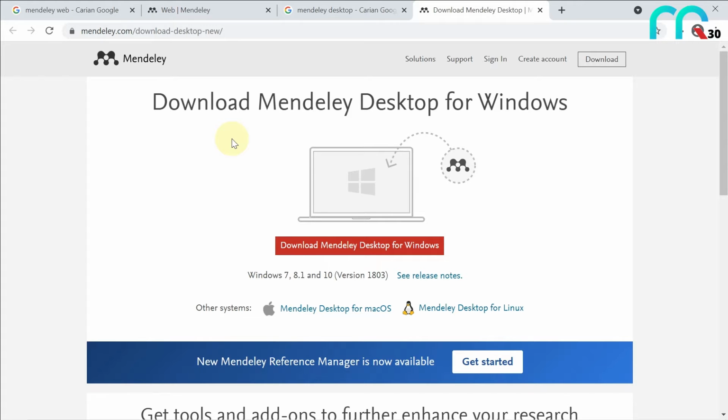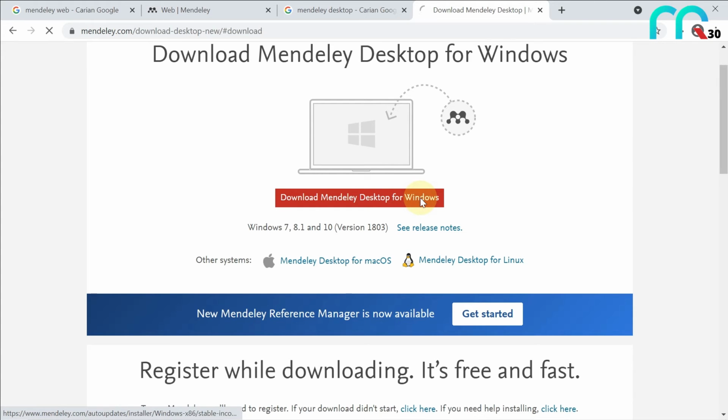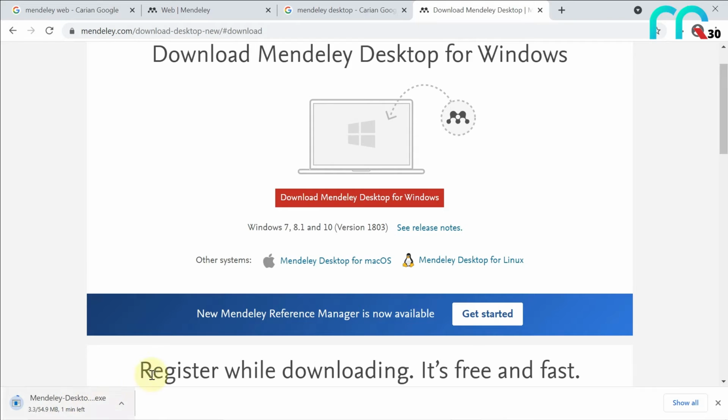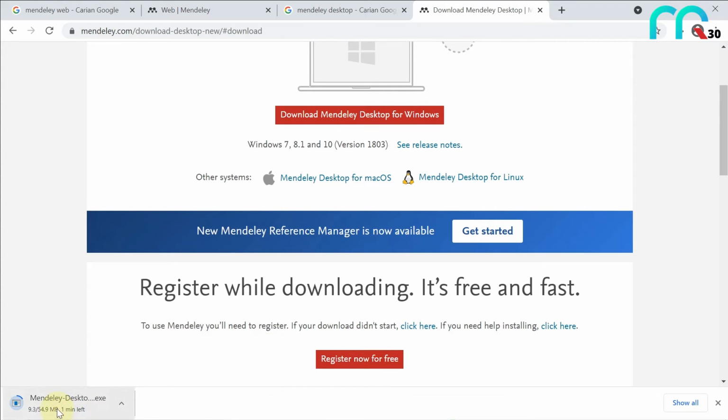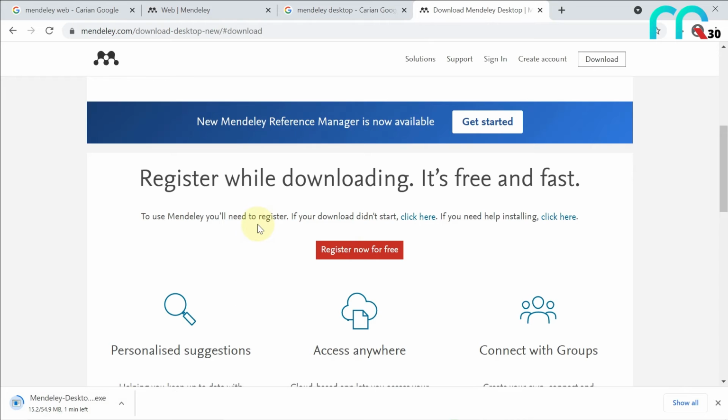So what you're going to do is, for Windows you just click here. For Mac OS or Linux you can press respectively depending on your operating system. In my case, I'm using Windows, so I just click here to download the installer. It is 55 megabytes. While waiting for it to be downloaded, you can scroll down to see what the